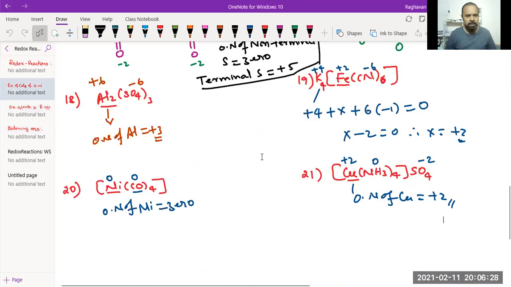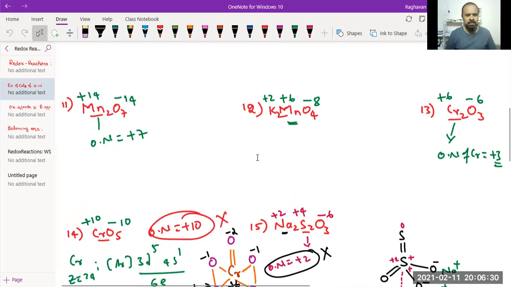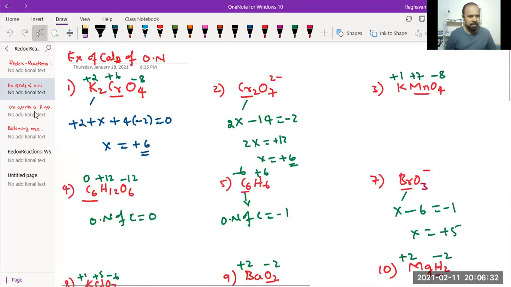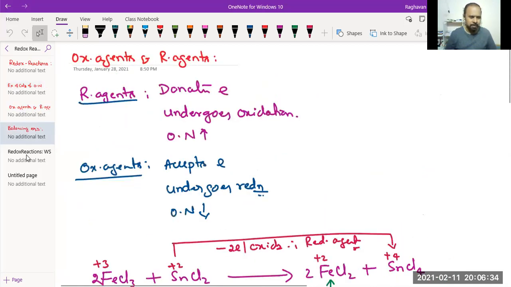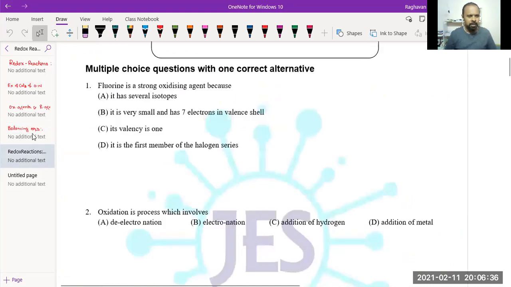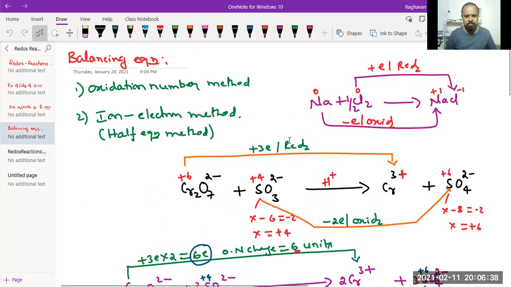equation. By and large, it requires just trial and error method and a lot of common sense. One thing you need to remember is that the extent of oxidation and the extent of reduction should be equal to one another. Otherwise, things will not be correct. That's all. The rest is trial and error.